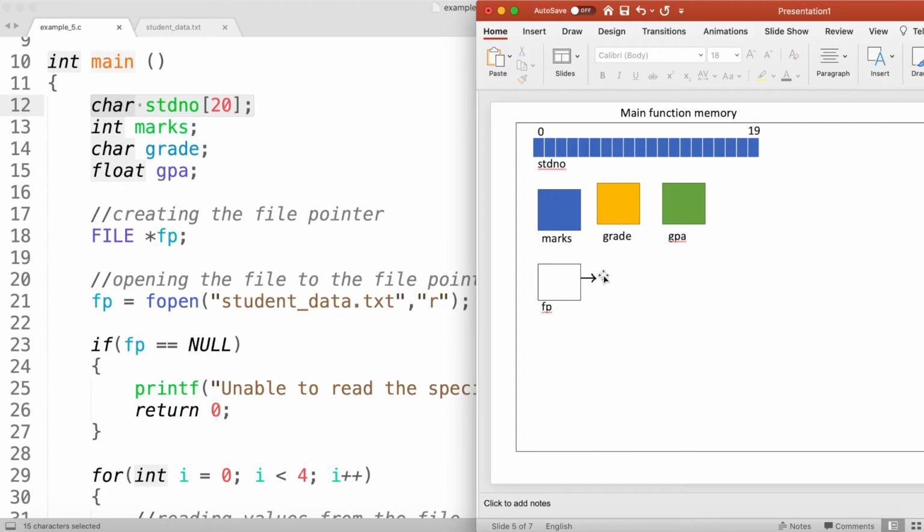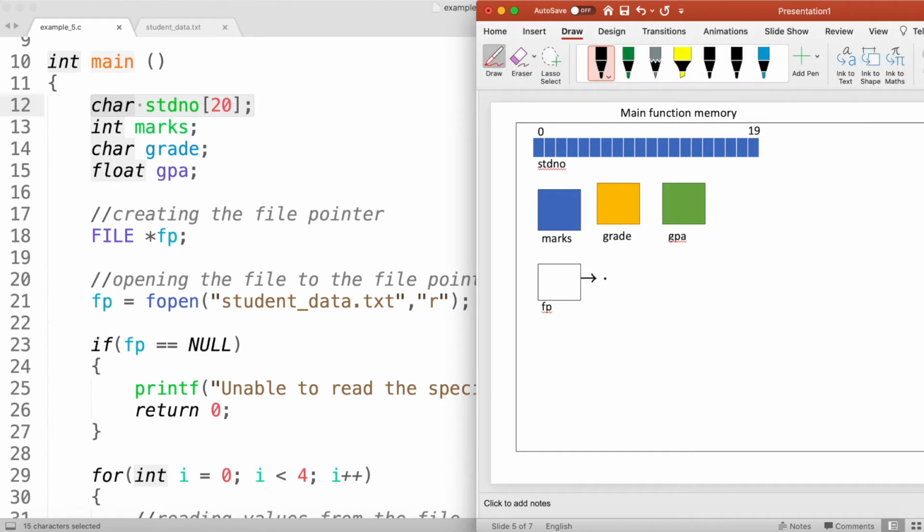Initially, it is not pointing anywhere; it will be pointing to the null file pointer. Technically, you can think of this as assigning a null file pointer after you declare the file pointer.